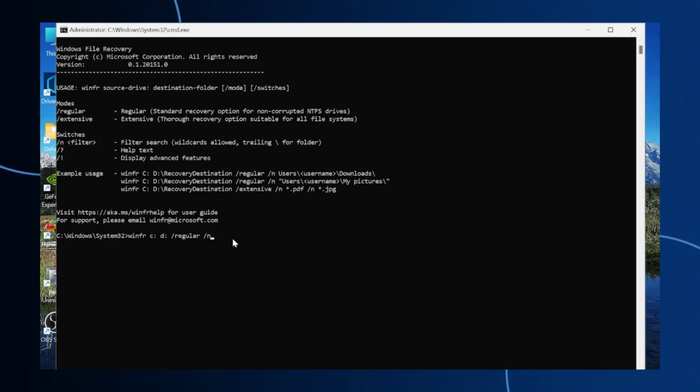And this N is used as a filter key to filter our search and go into specific folders and files. For example, if your file that you deleted was in a folder called Photos, you can type that in here, and once again, we can press Enter, or we can go one step further by even specifying the type of